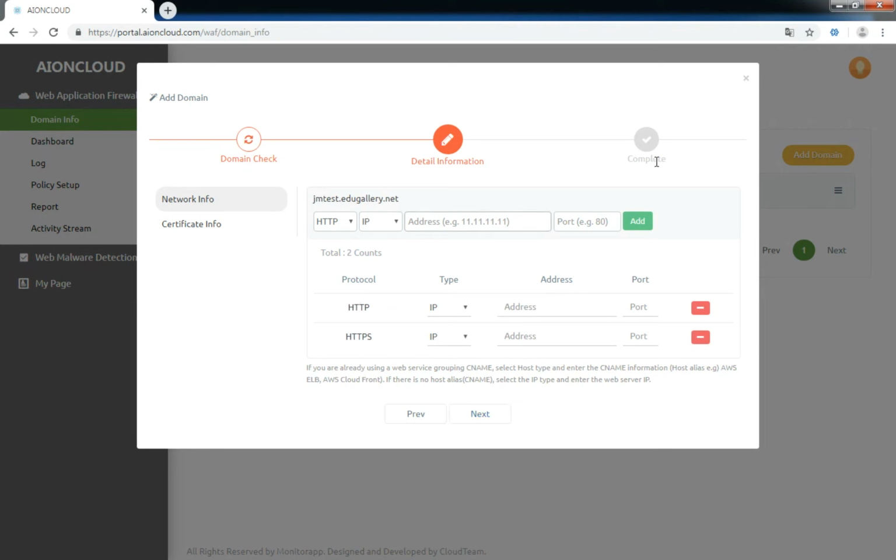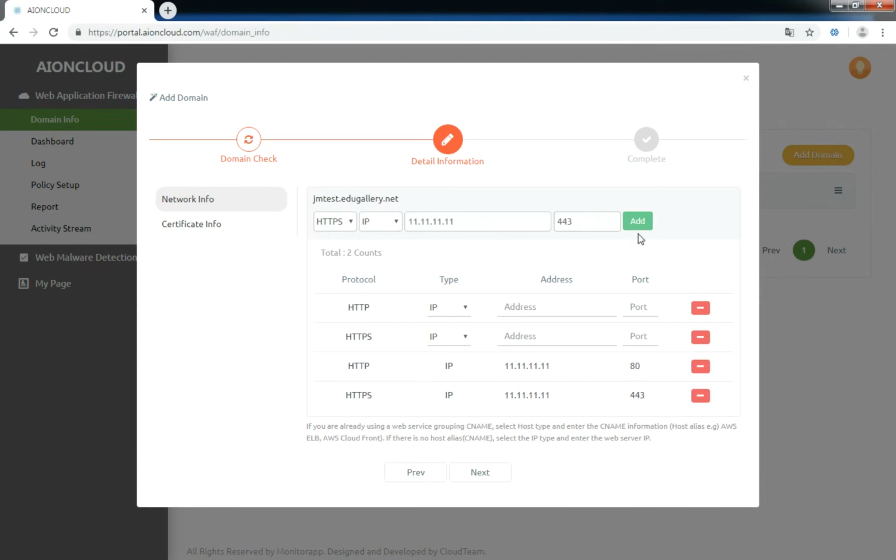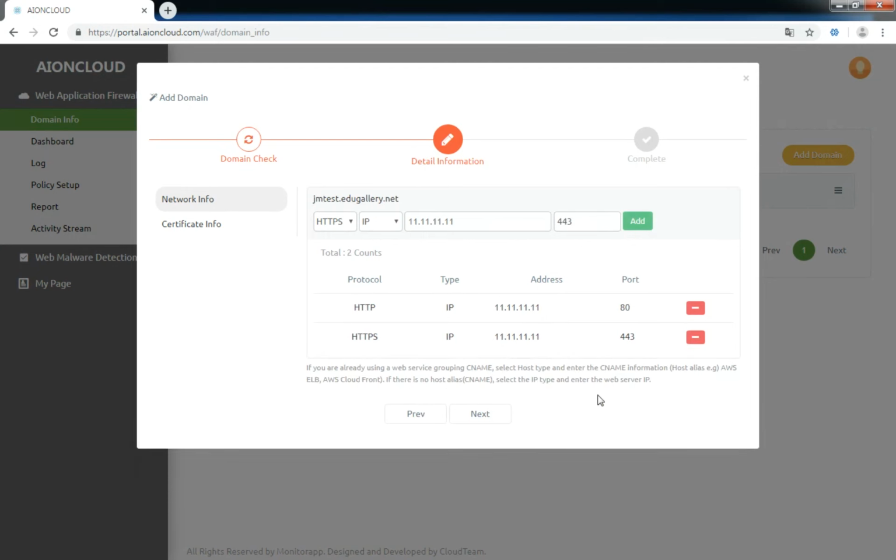Actually, WAF supports two protocols here: HTTP and HTTPS. Suppose I have two ports, two services on the same server, HTTP and HTTPS. Usually plain HTTP uses port 80, right? And for HTTPS, I have the same IP address here, but a different port, usually 443, right? Once you add your IP addresses here, and you click on next,